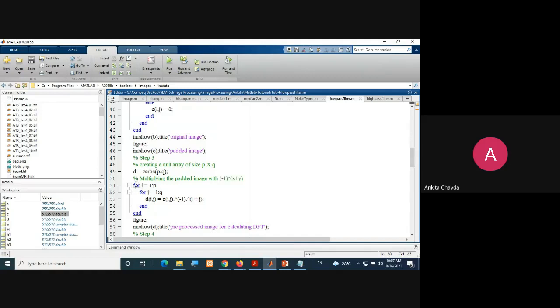So again you need to take for loops for 1 to p, 1 to q. What you are doing: d of ij equals c of ij dot star minus 1 dot raised to i plus j, because your x and y represent the coordinates. Here i and j are actually representing the coordinates in your program.